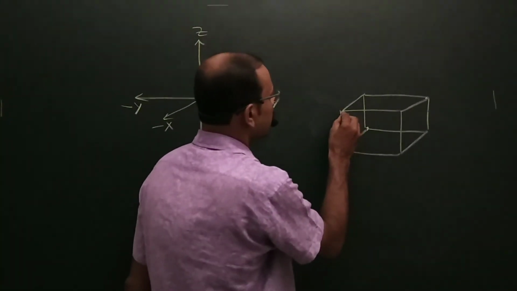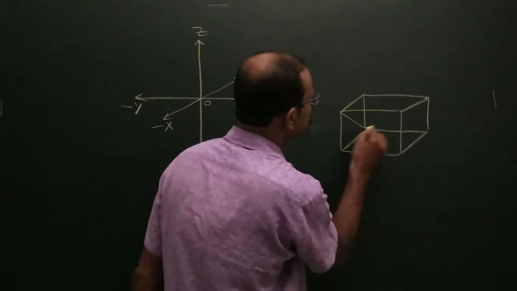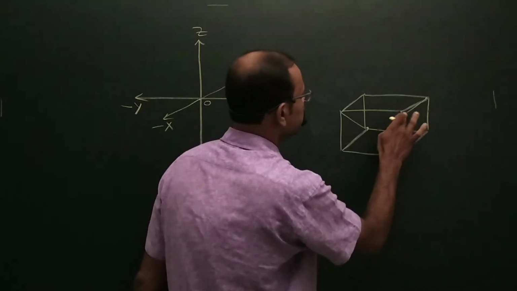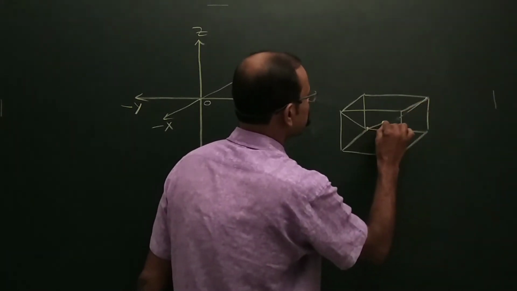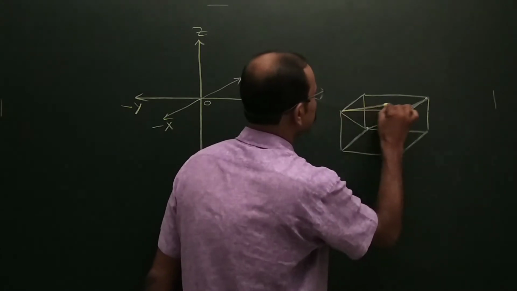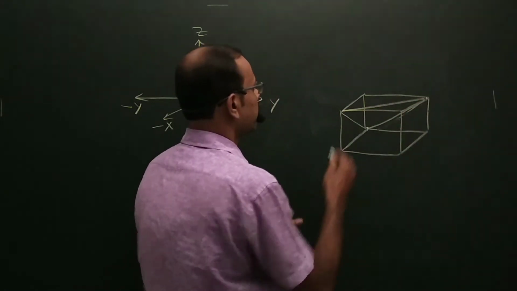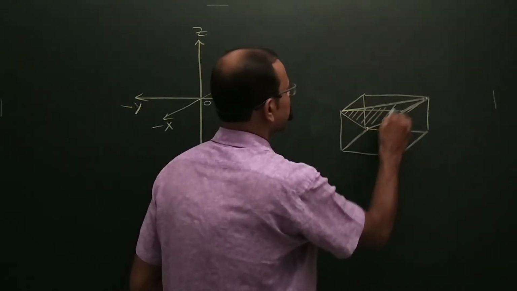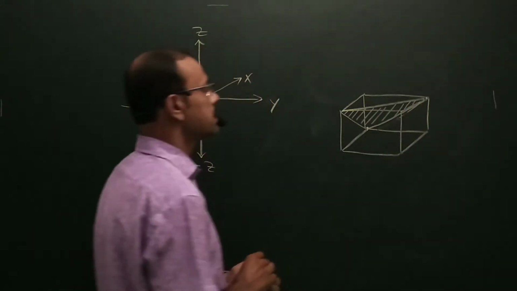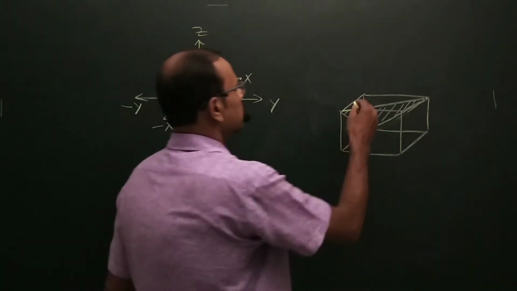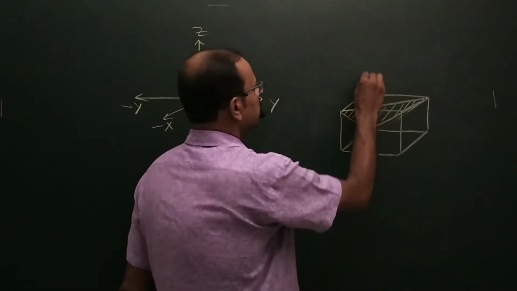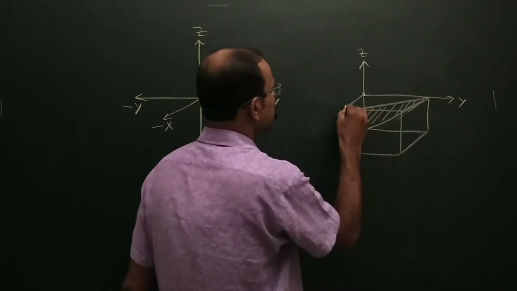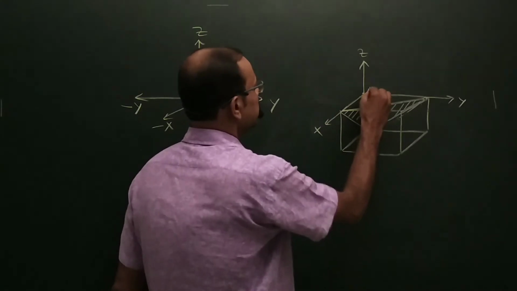Consider this cube. I am drawing a plane like this. You could see the plane. This one you say. This is the plane. The Miller indices for which I have to find out. I am taking this as origin. This is the z-axis. This is the y-axis, and this is the x-axis, and this is origin.